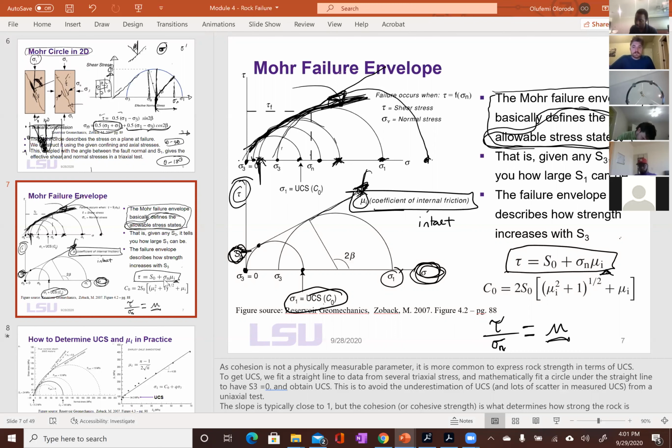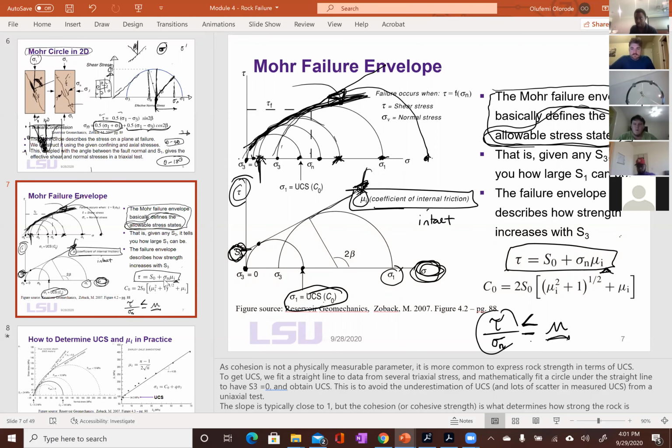That's why I wanted to make it clear right now before we get there. So in general, this will be less than or equal to this, right? At the time it becomes equal to this, then it slips. And we'll talk more about that. But the point is, this equation is actually very similar to this. So you can multiply both sides by this, right? So tau is really less than or equal to, but at the point at which it slips it is equal to, right? So tau equals